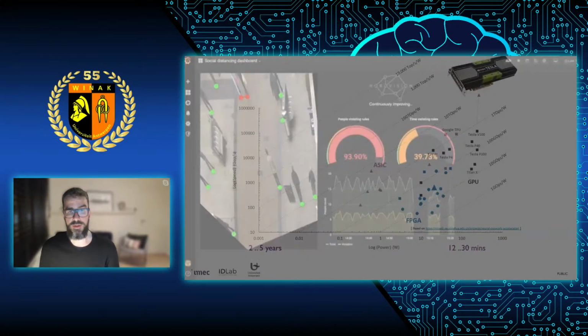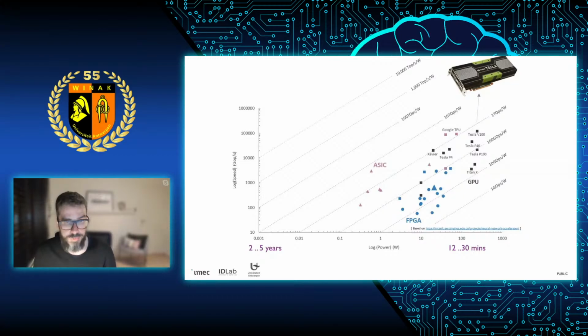Okay, so given that, how do we do that now? Well, it's not that easy, to be honest. And it's not that easy because the current hardware that we have available is actually pretty limited. On this figure, you can see the type of hardware that we have available to run machine learning systems on.